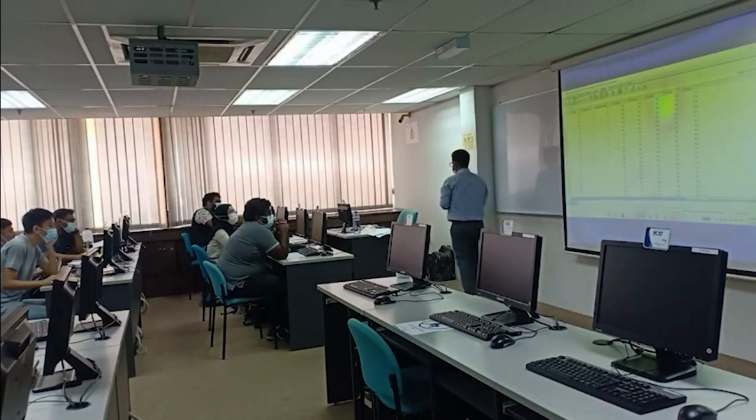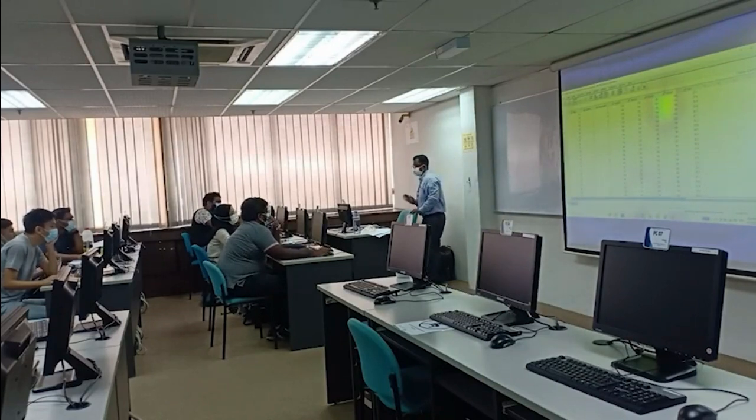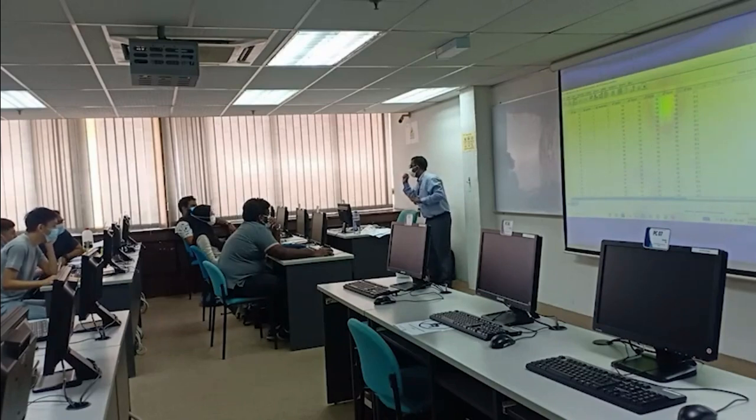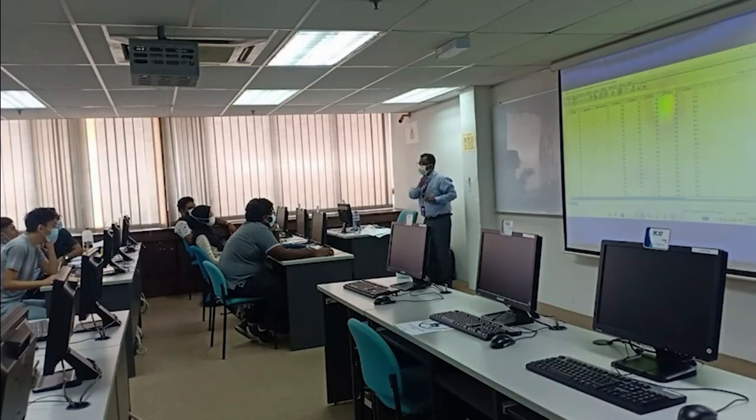So, paired variable means, what is the other requirement? Each person should have two different values. Same person should have two values. If one person is not having two values, only one value is there, he will be excluded of the analysis. Understood? If 10 patients are there, 9 patients have before and after value, one patient has only before value, then that 10th patient will be excluded from the analysis. Understood? That's one requirement.